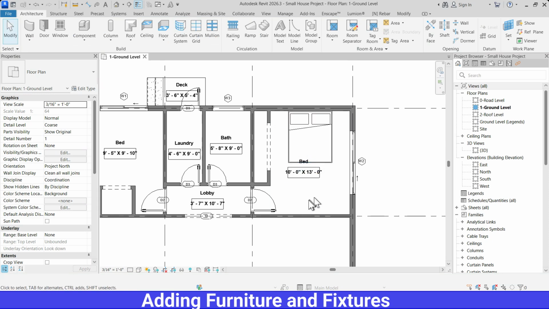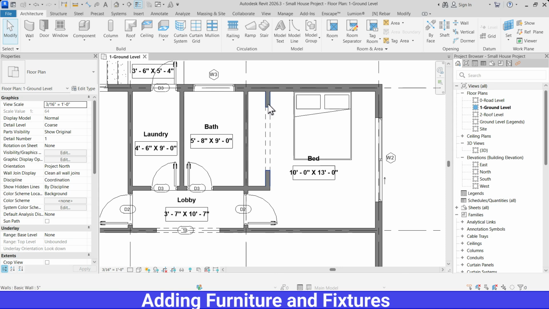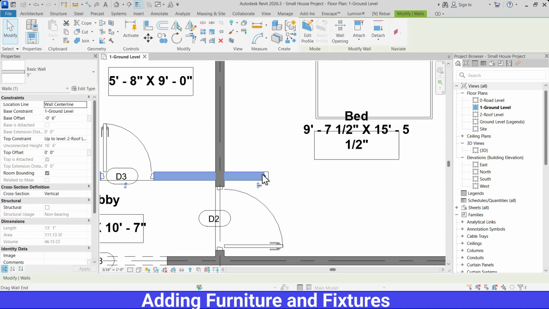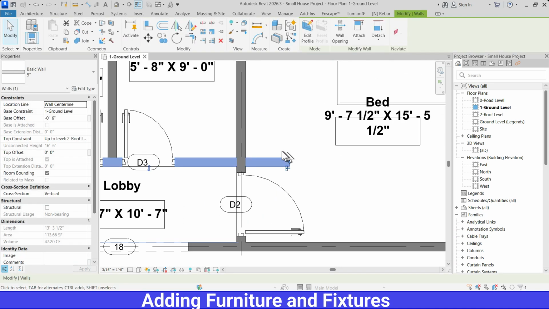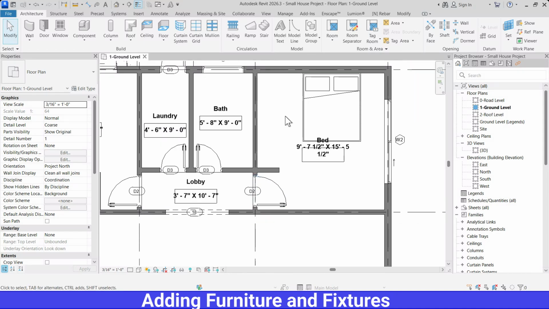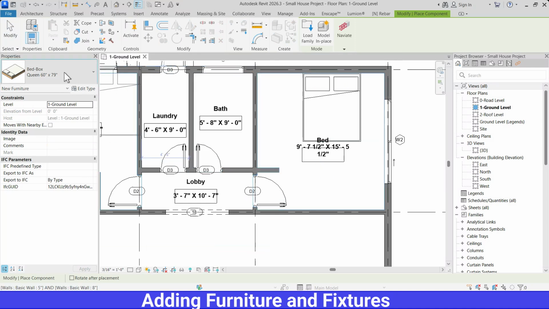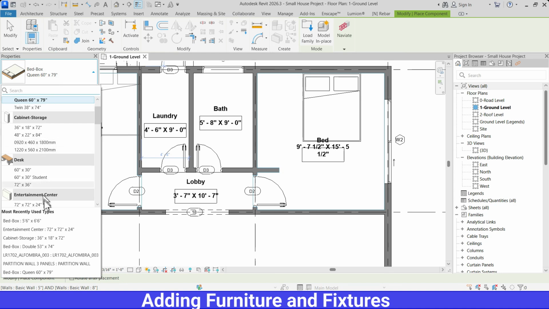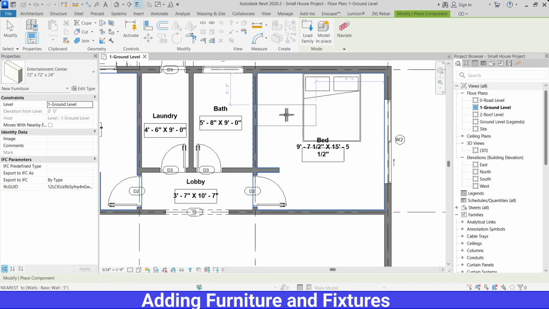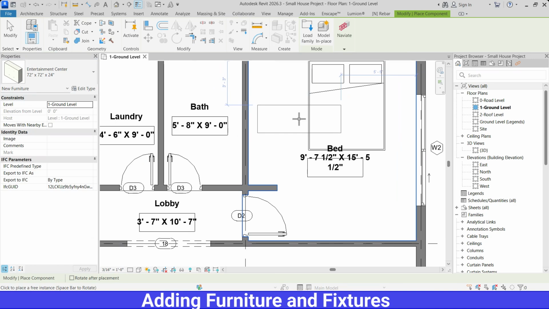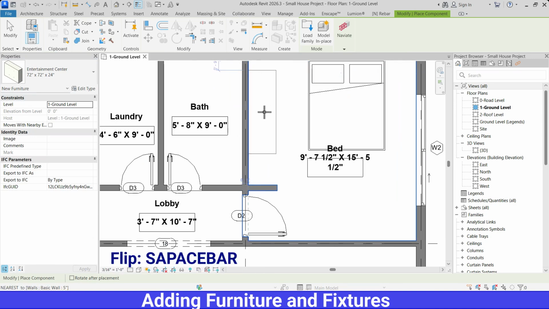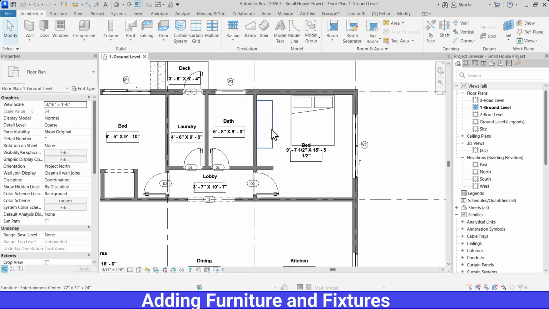Is fine. Now I need a cabinet here, so remove these walls and hole. Move your wall here to the floor and press CM from the keyboard. It is a shortcut for the families and choose entertainment center here and space to flip it, place here and